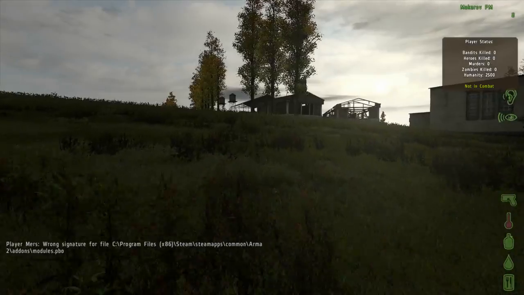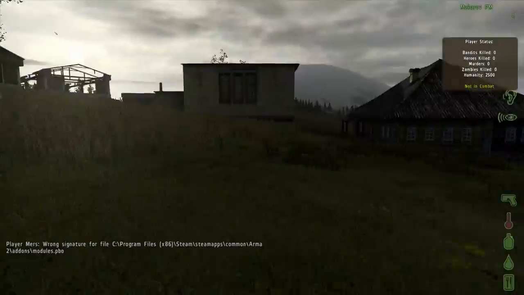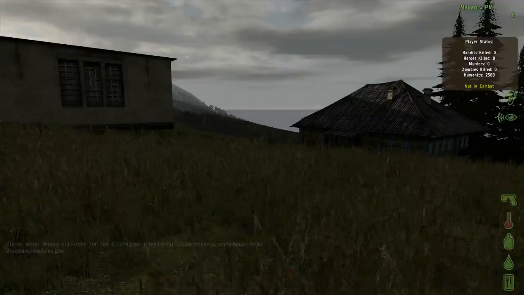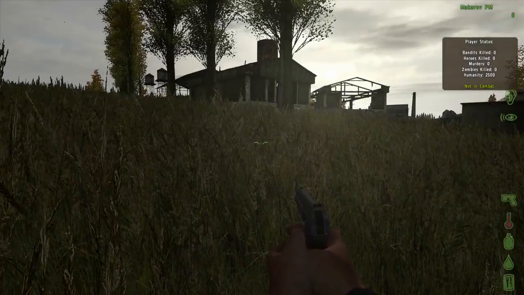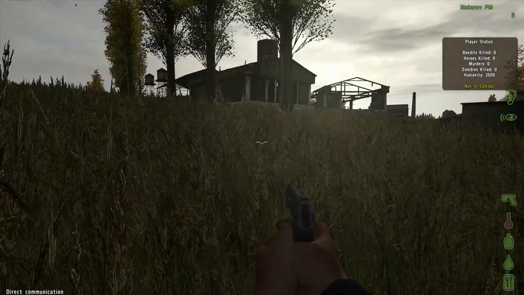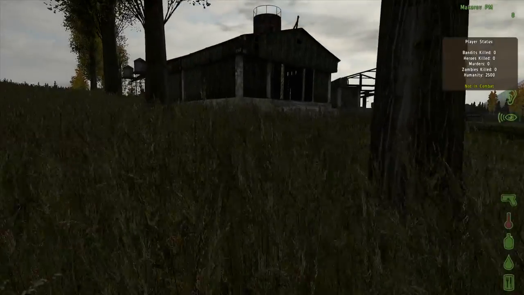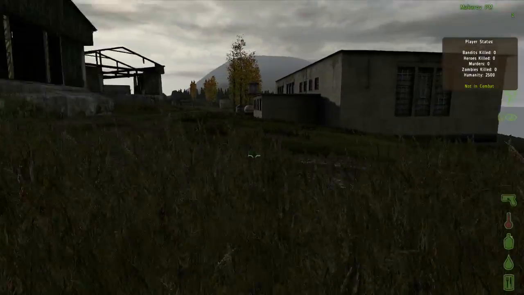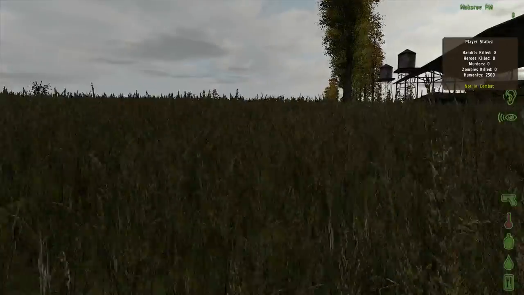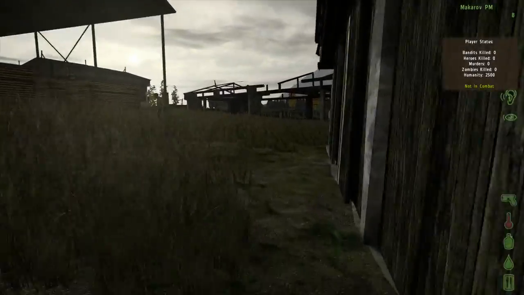So we've got like an abandoned factory. This is a substantial change to the original. Let's see, hang on, wrong button. Right, I'll keep on direct communication, just in case we meet somebody. But what little I do know about this is that resources are harder to find, or some resources are harder to find, so...